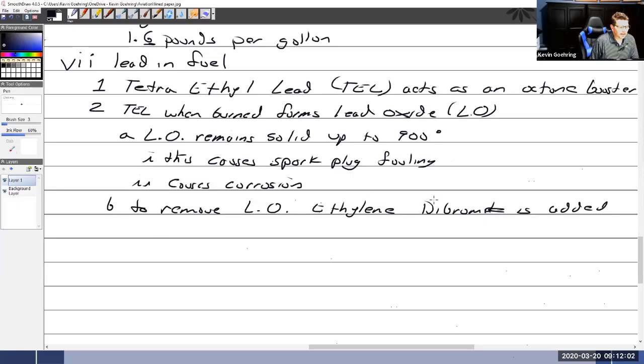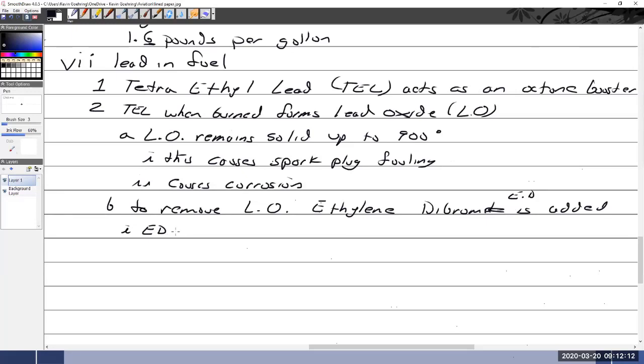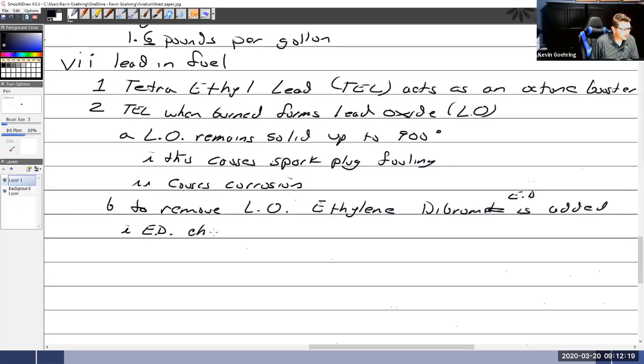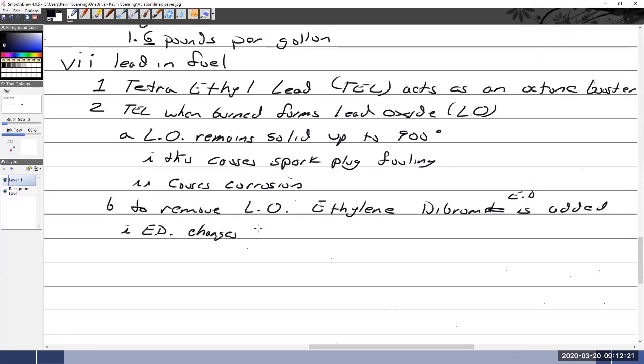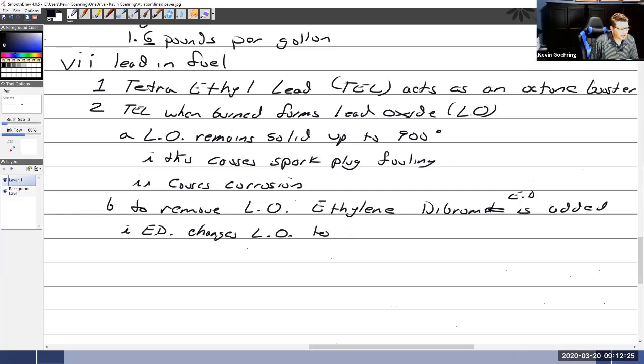I'll abbreviate ethylene dibromide as ED, so I don't keep writing that down. Is there a trade name for that under a different name? I have no idea. I think it's just a chemical name. It changes the lead oxide to lead bromide,